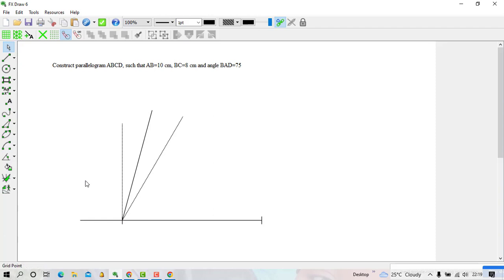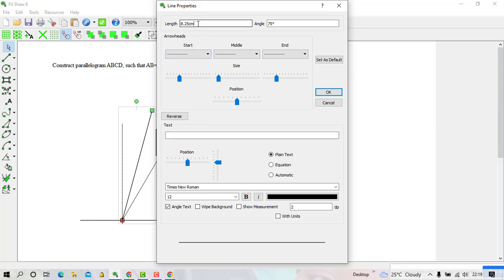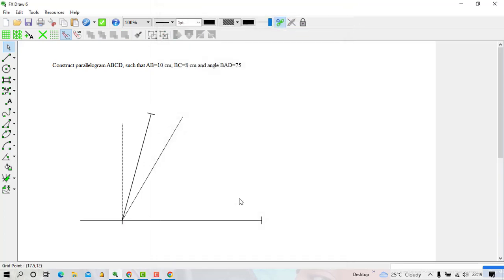Then I come to start fitting, but before I fit, remember that AB is parallel to DC and BC is parallel to AD. So AD is equal to BC. So here 75, which is AD, I can make it what? 8 centimeter, like this. 8 centimeter, it should be 8. So I can put the arrowhead at the end, like that. Then once it is like that, I start inserting the arcs.